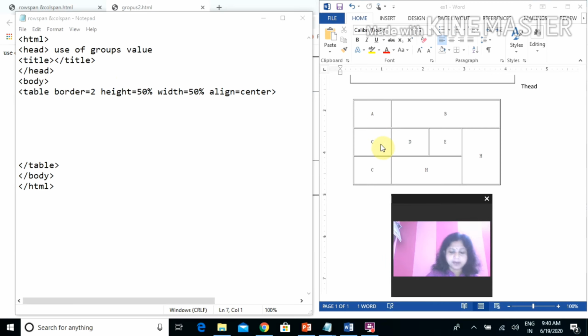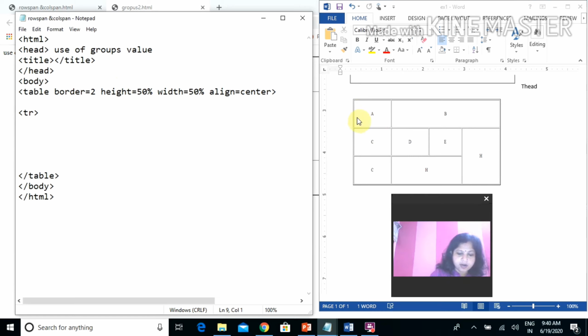For the first row, we will create a TR. Here is the first data TR. When we write the first cell data, that is a normal TD, then write the data because no spanning is there. But when we write the second cell data, you see that data spans 3 columns. If you join these two lines, you will find this B is covering 3 columns. So when we write this data, we write colspan equal to 3.